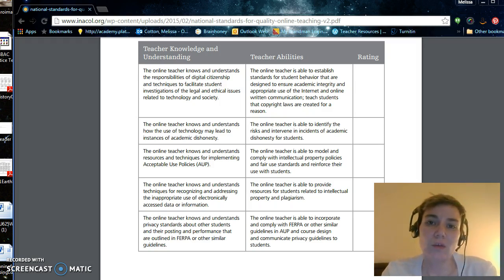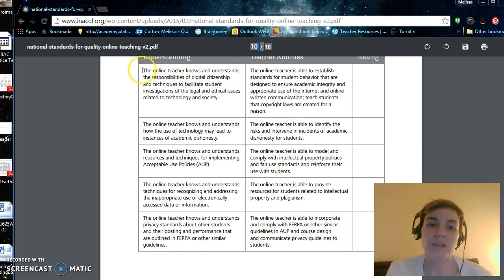So it tells you the things that you need to know as an online or blended teacher, and it tells you the abilities or things that you need to do in order to make sure that you're meeting these standards. If we cannot meet the iNACOL standards, we shouldn't have a blended program for our math teachers. A lot of times there's a misconception about what a blended or online teacher should do and what their responsibilities are. And iNACOL has done a really nice job of laying out what you need to know in order to be a good teacher, and then those things that you need to do to follow up on it.